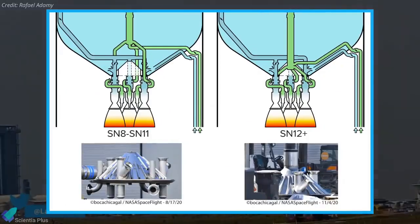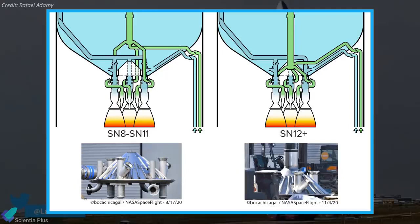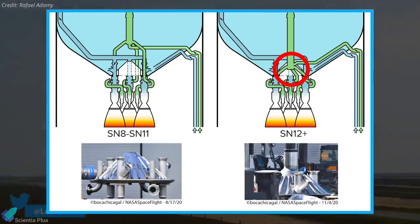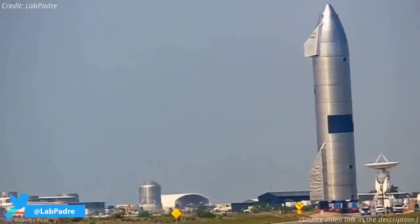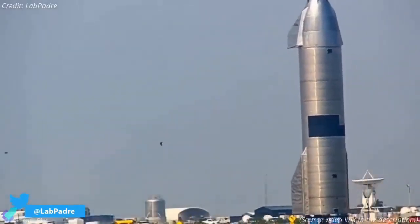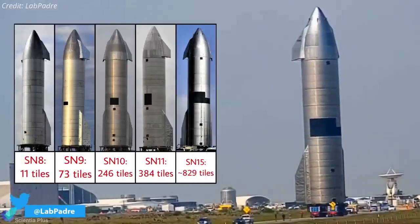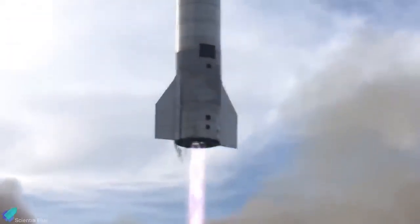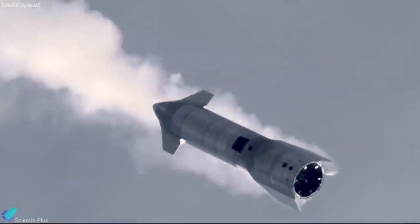One of the notable changes is in the design of the thrust puck of SN-15. The methane manifold seems to be external now, with the methane downcomer attached to the inverted cone. On the exterior, SN-15 is fitted with a greater number of heat shield tiles compared to the previous iterations. SN-15 is mounted with approximately 829 tiles, which is more than double the number of tiles on SN-11. With the increasing number of thermal protection tiles on each Starship iteration, SpaceX is testing the integrity of these tiles